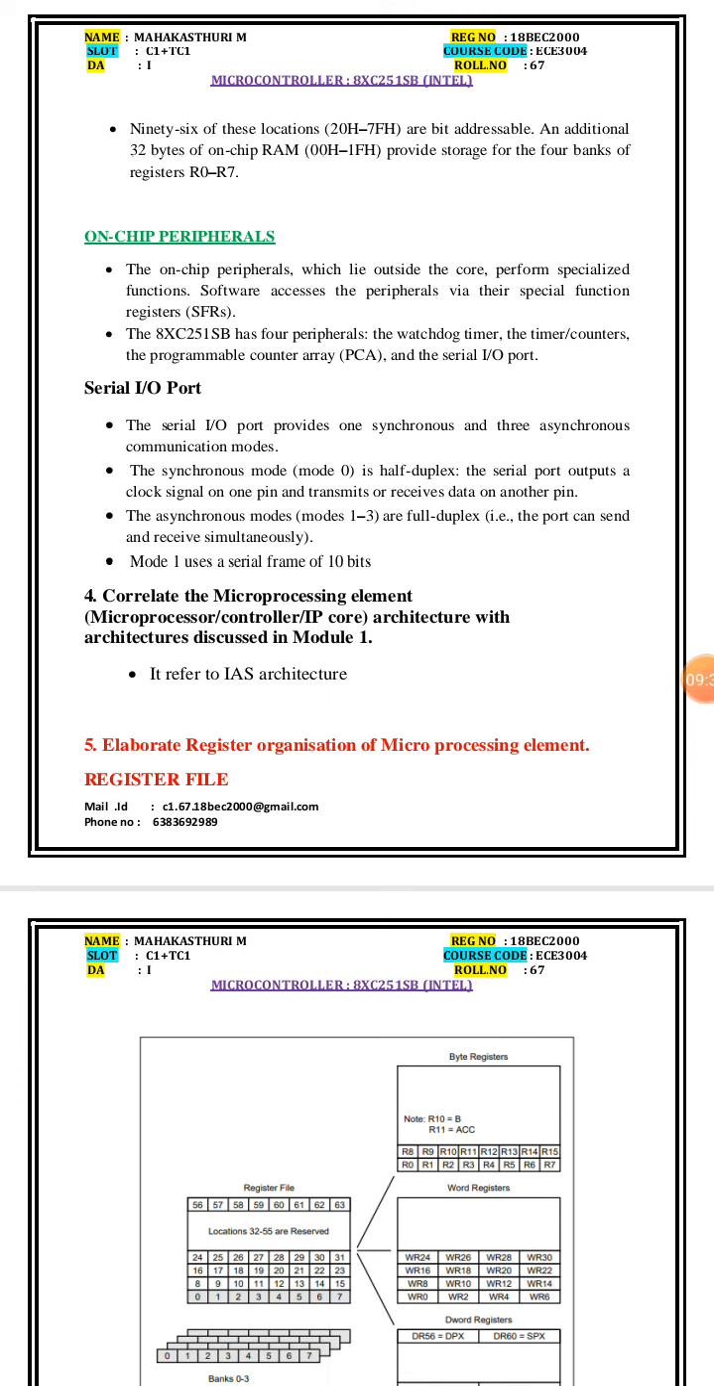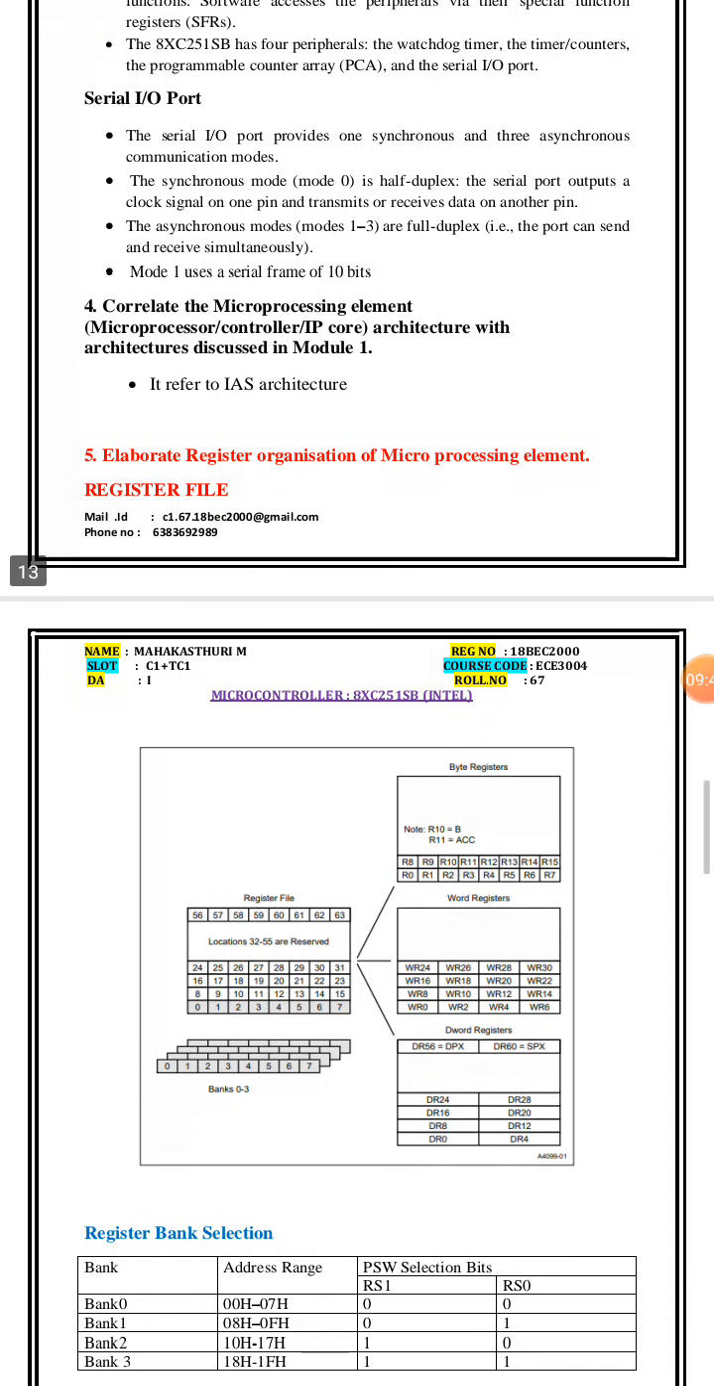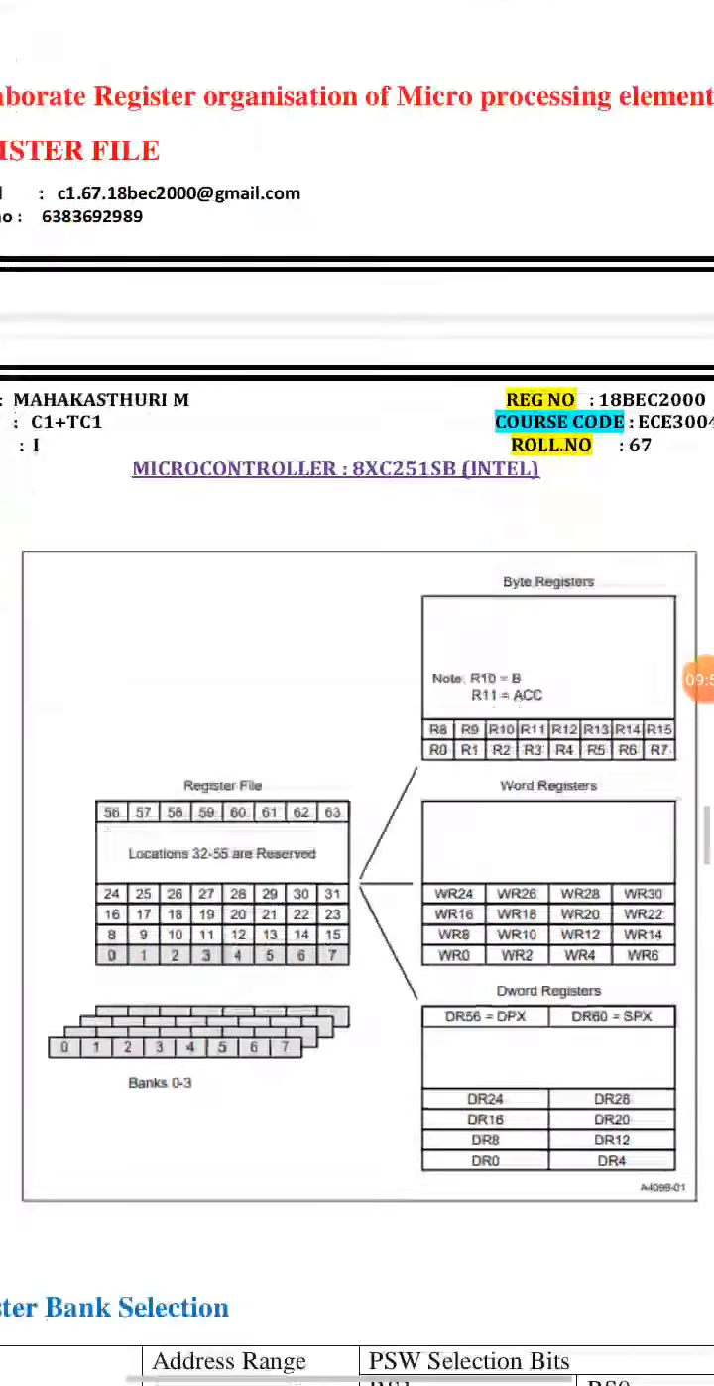And then correlate the microprocessing element architecture with the architecture discussed in module 1. So in module 1 we usually discussed the IIS architecture. It is also referred to as a microcontroller. Okay, and then elaborate register organization for the microprocessing element. This is the register file. You can see